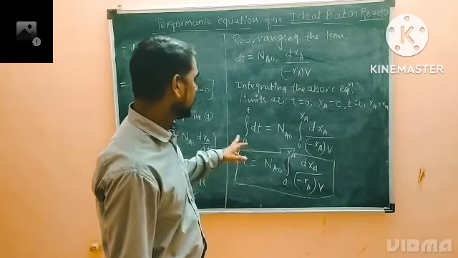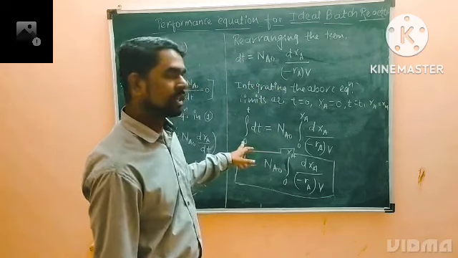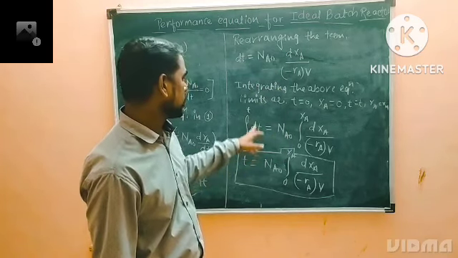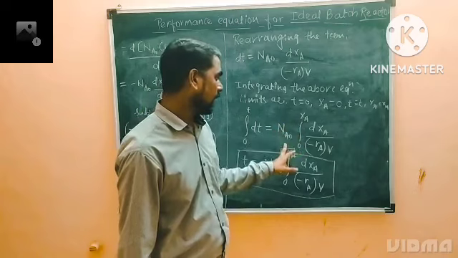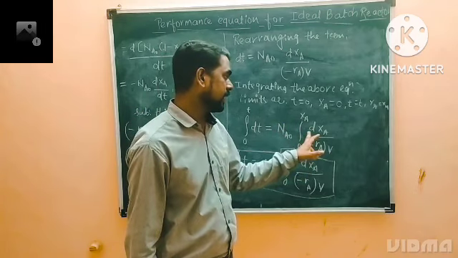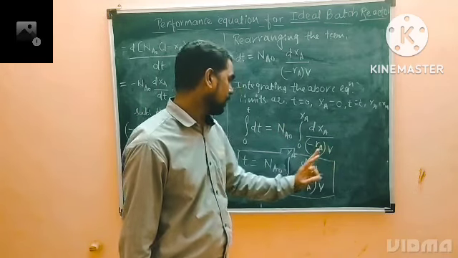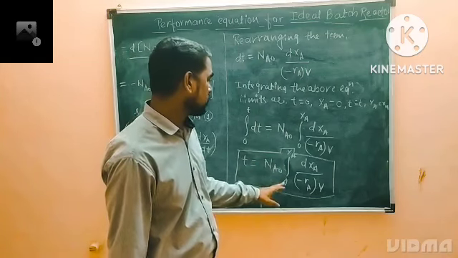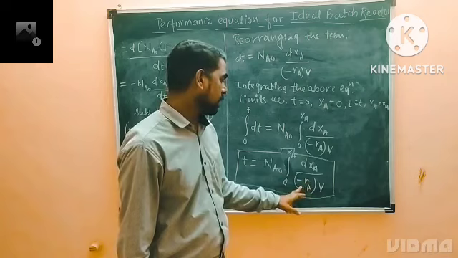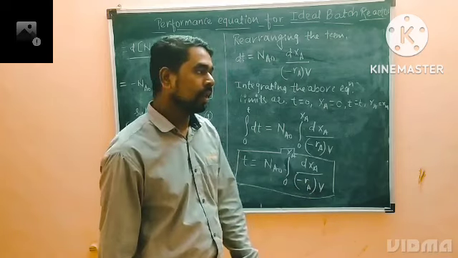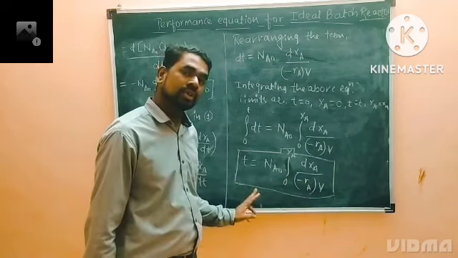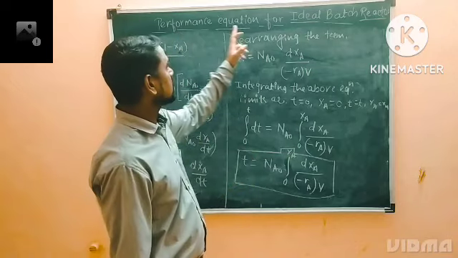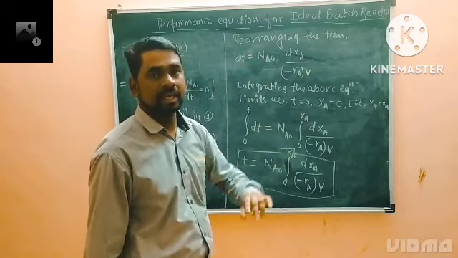When I integrate the equation, the integration from 0 to t of dt is equal to NA0 times the integration from 0 to Xa of dXa upon minus RA V. So the integration of dt is t, and t is equal to NA0 integral from 0 to Xa of dXa over minus RA into V. Okay, so this is the general performance equation for an ideal batch reactor.